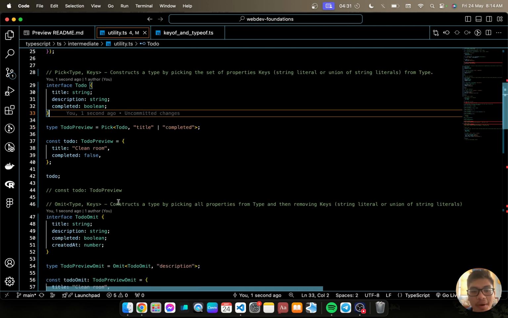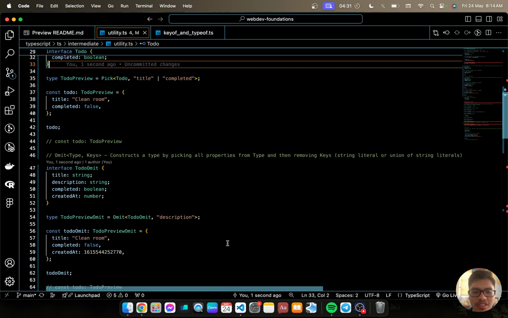Then here we have Omit. We can construct a type by picking all properties from the type, so everything is selected, then removing keys. Okay, removing keys. Let's see how it's used. For example, here we have TodoOmit, and we have four keys: title string, description string, completed boolean, createdAt number.